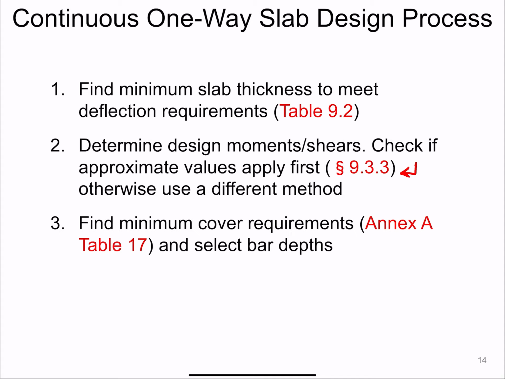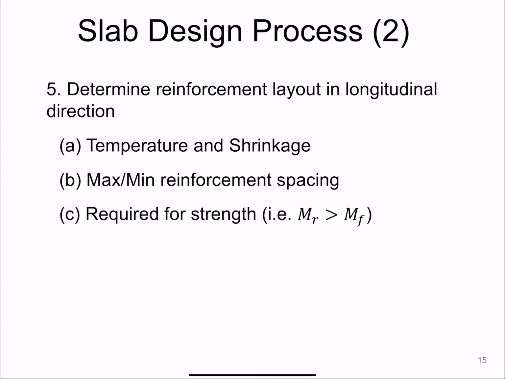We find minimum cover requirements according to the use and the environment to which this one-way slab is going to be subjected, and we choose the bar depth, the location of the bar. Finally, we choose bar cutoff locations. We remember it was quite an interesting process. Fortunately, there is a simplified method to do it here. The fifth step is actually